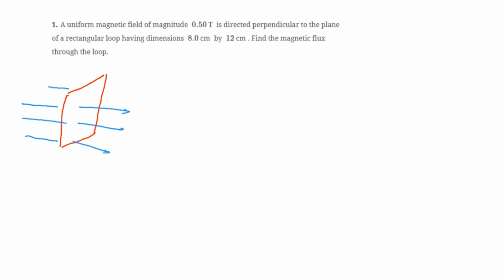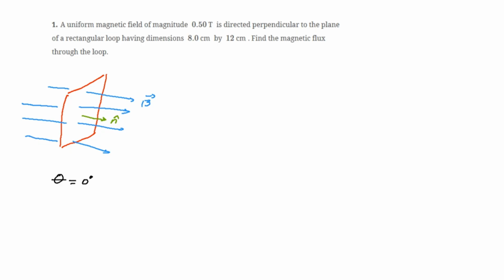So this is my magnetic field. So the angle between the normal to the plane and the magnetic field, the angle theta, is in this case